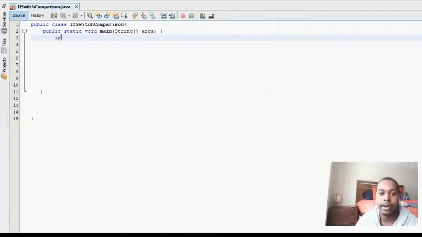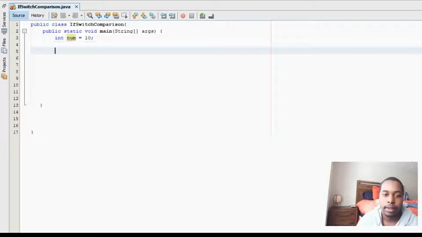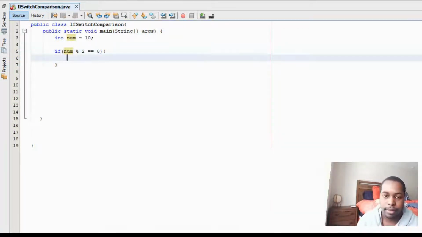So let's create an int num and set it to 10. And we're going to create an if statement inside that saying if num mod 2 is equal to 0, System.out num is even,